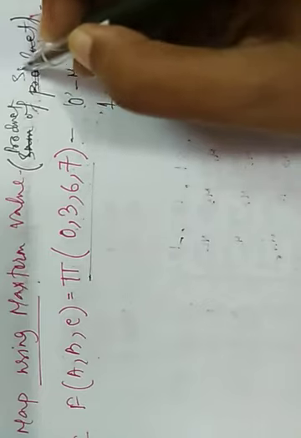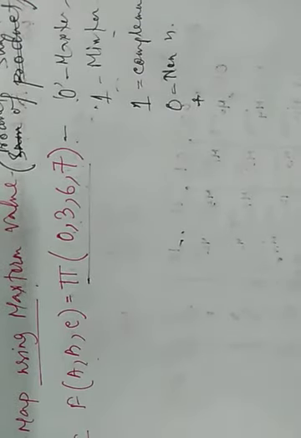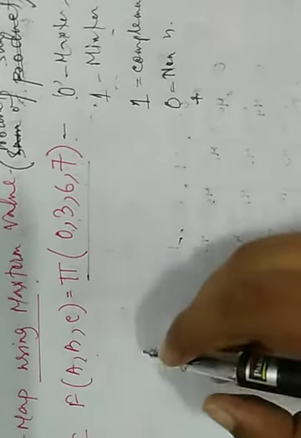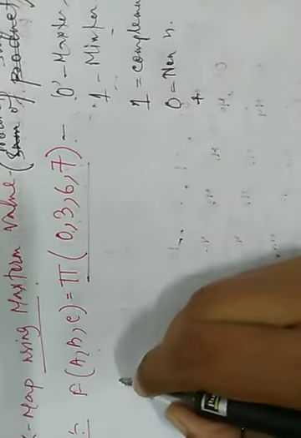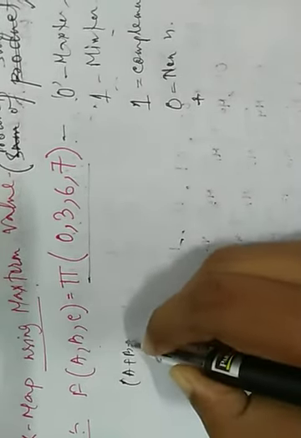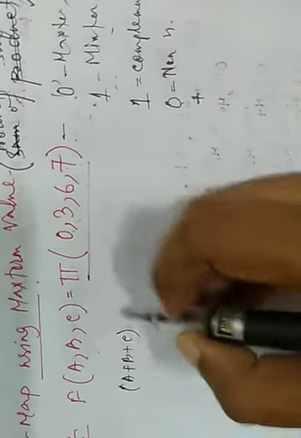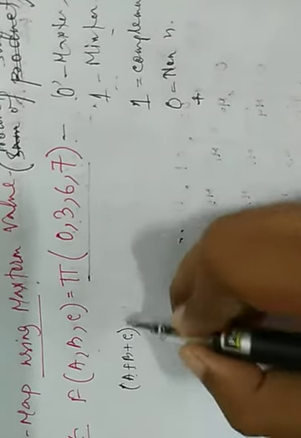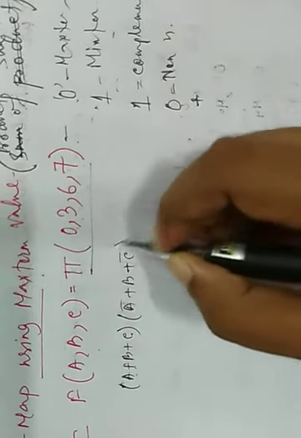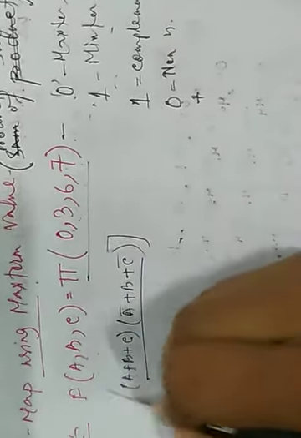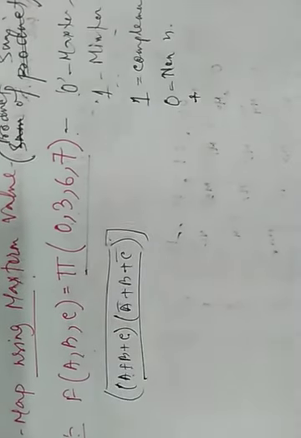Product of sum. Product of sum means what is the max term expression? Max term expression should be like this. I think you know that (a plus b plus c) is a product of sum. That means at first we do the OR operation, then we have to do the product. So this is the product of sum expression. So let us see how we do.